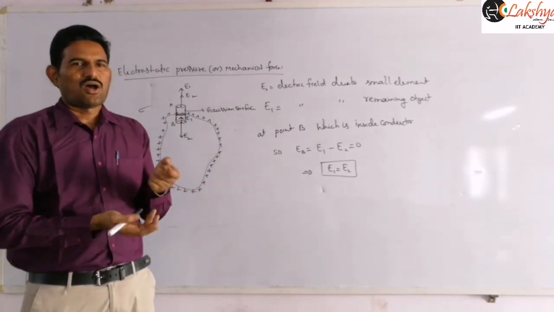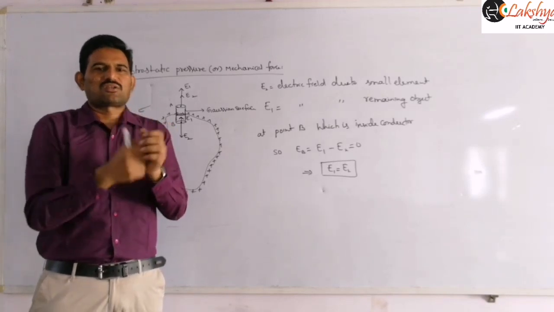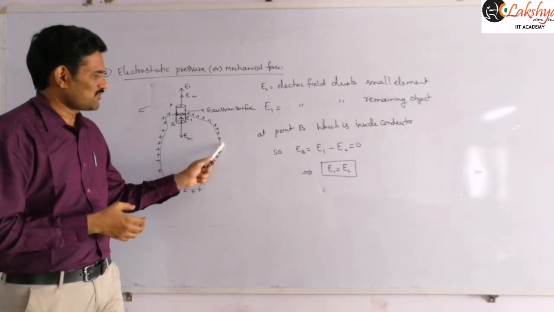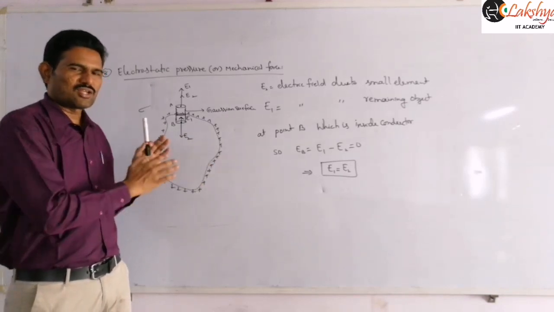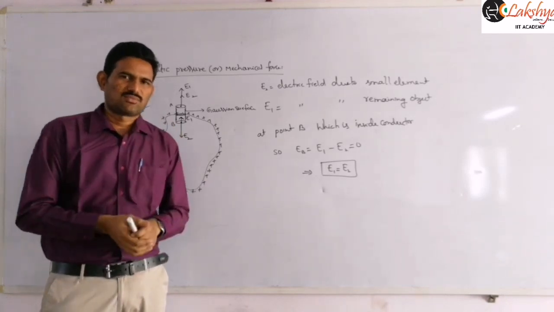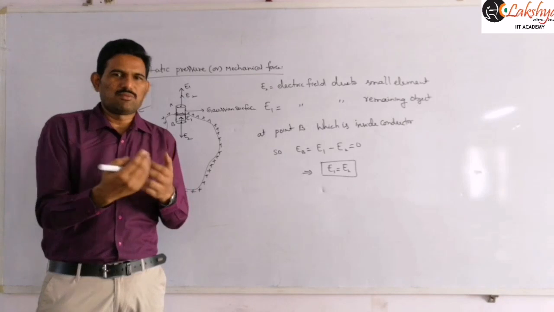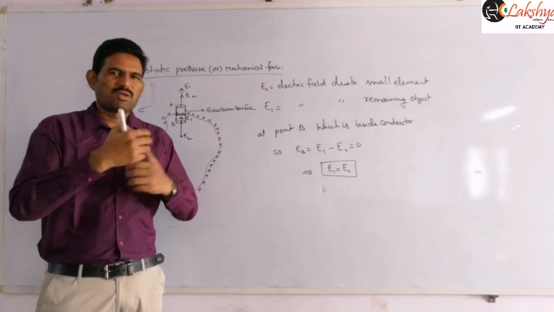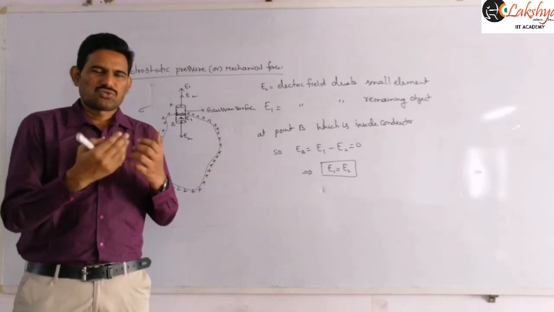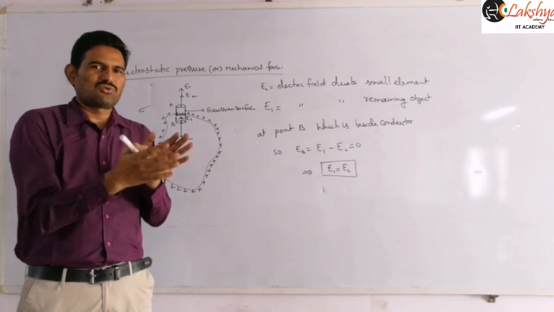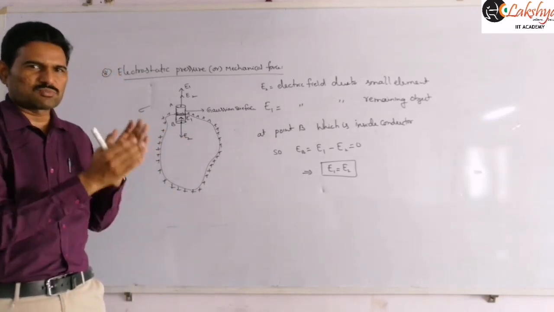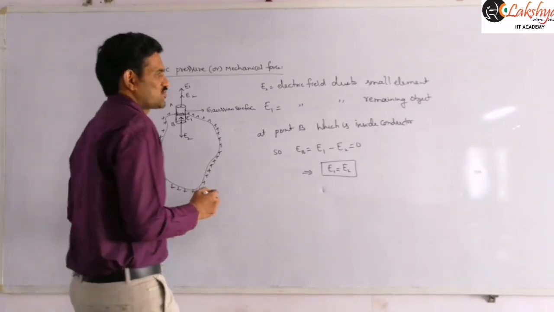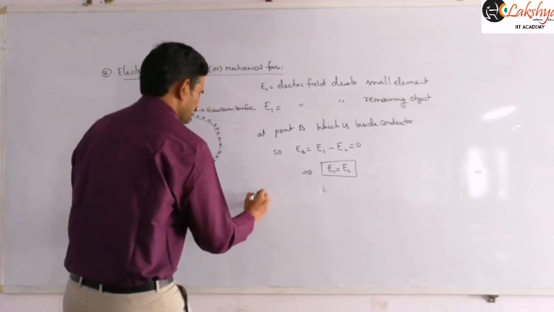Here you may get a doubt: how can the electric field due to the small element be equal to the electric field due to the whole object? The reason is simply this: if you divide the whole object into elements, the electric fields due to some of the elements cancel each other. And so the electric field due to only some elements will be there at that point. That depends on the shape of the object, right? So some elements cancel the electric field with each other, so that the electric field due to the whole object is also equal to the magnitude of the electric field due to the small element. That is possible. And next here, similarly, let us write just outside this point, just outside that sphere.